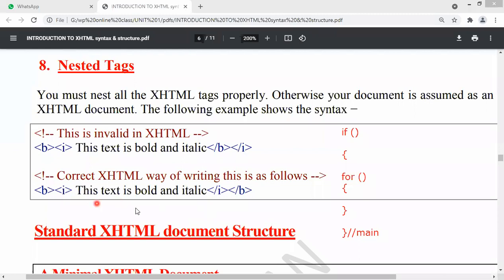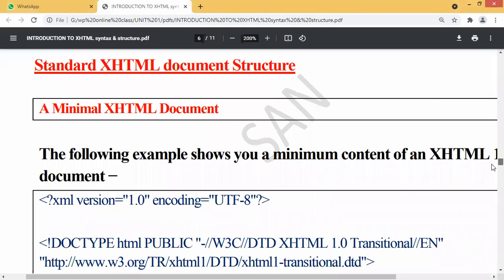For example, complete the for tag and then complete this if tag. Do you agree? So that is called a nesting of tags. So nesting of tags also plays a very important role in XHTML. Clear to you? Fine. So this is about the syntax. Okay, up till here it is all about the syntax.